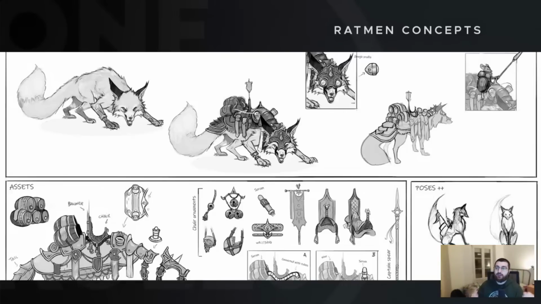Basically, the Ratmen have pets. They love them. In this case, it's a fox. They give them the serum to make them grow, and eventually, if you give them enough serum, they become really big, and you can ride them. So the giant beast is going to be a giant fox with a captain riding it. He has a nice banner, and he's going to have a couple of head swaps. You have a head with armor, a head with goggles, and by personal request, we're going to have a third head option,